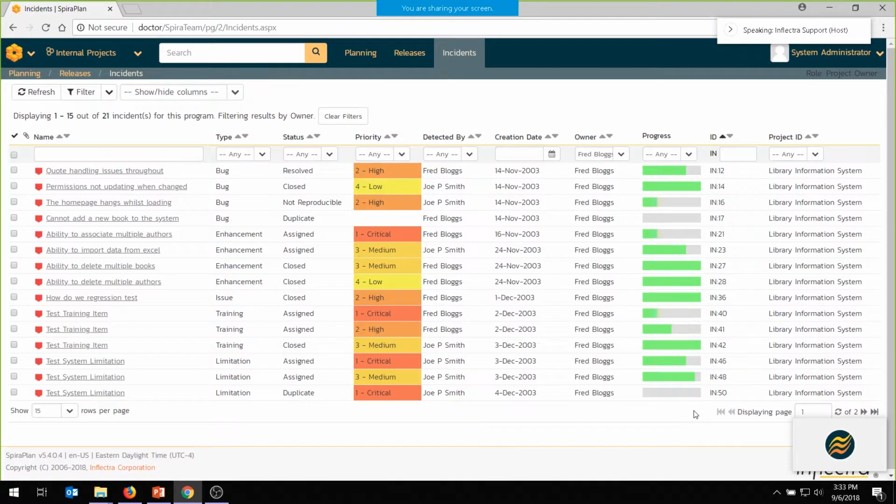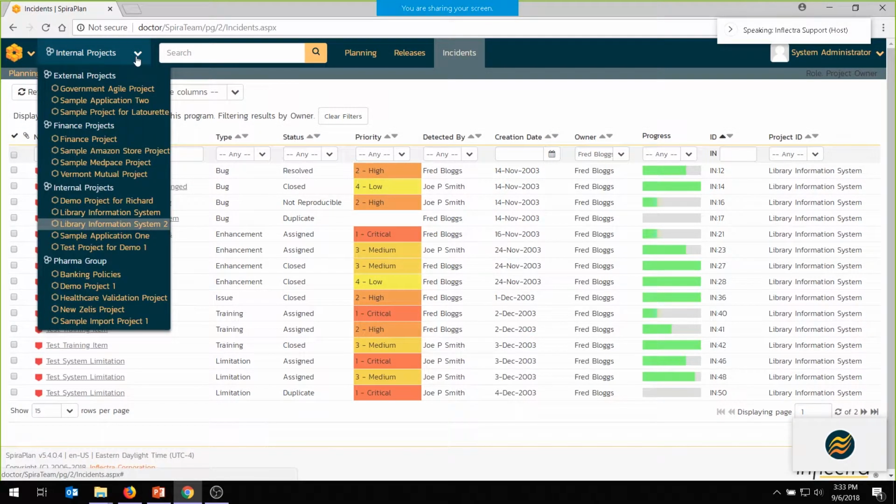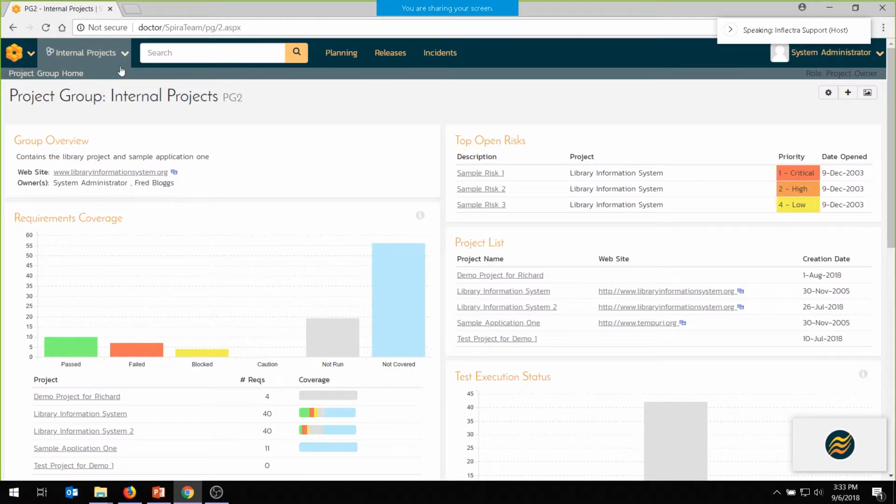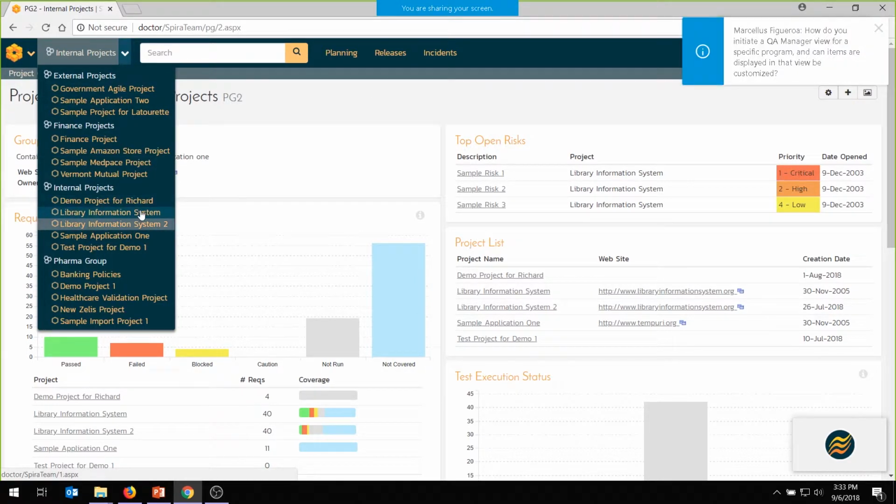So these 3 views, planning, releases, and incidents, give you a program-wide view of the planning, the releases, and the incidents. And you will, in future versions, be seeing a lot more functionality again here. So that's some of what we've added at the program level. The other thing we have added also within SpiraPlan is also the ability to do additional views even at the project level. So for example, if we drill down,